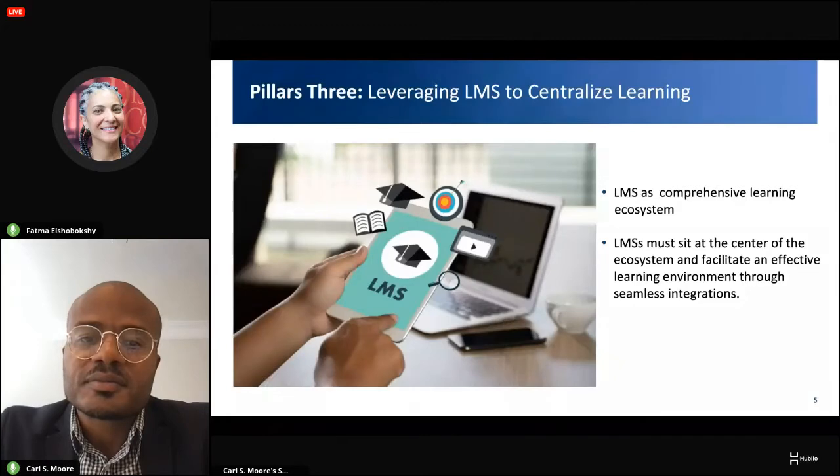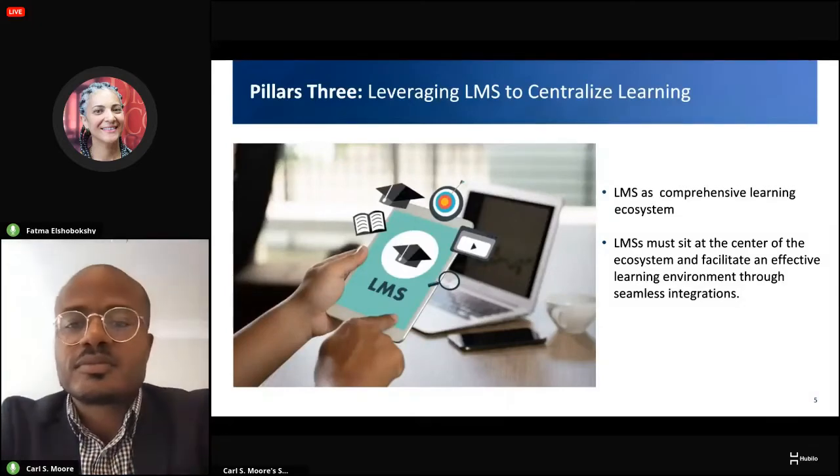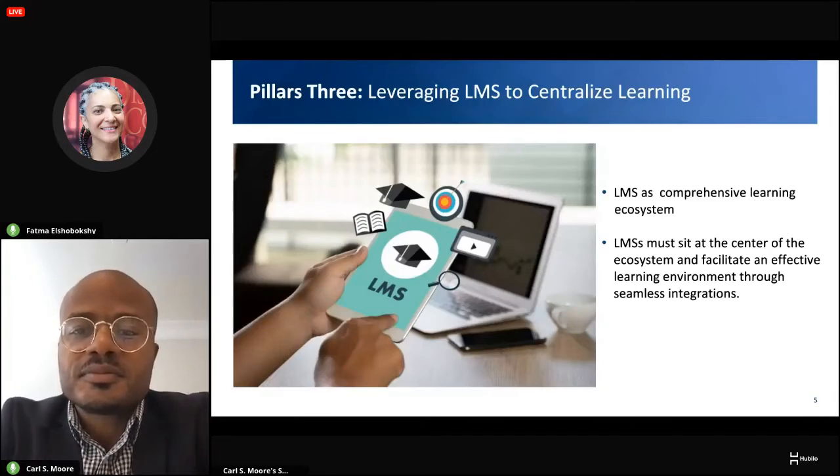And to do that, we must use the learning management system to be the central hub to track, deliver course material, and integrate learning technology to streamline learning and to increase student retention. And I want to put in another word. This is when the LMS becomes a one-stop shop and the center of the school learning ecosystem. So the student will just log into the LMS and can do everything within their course site.